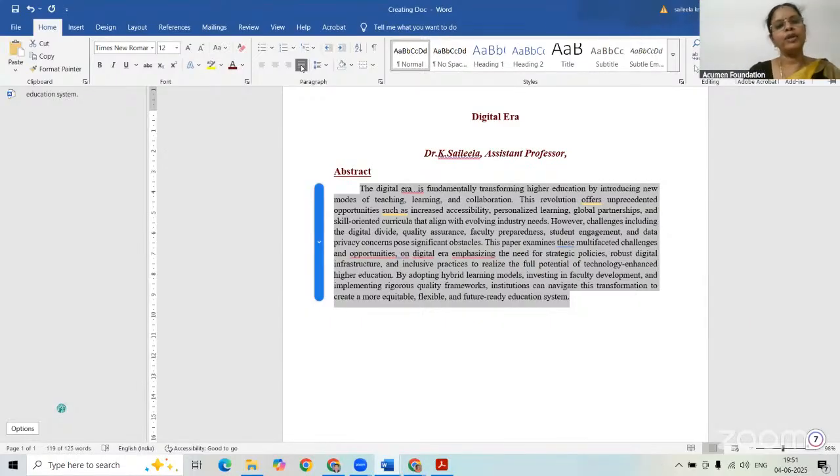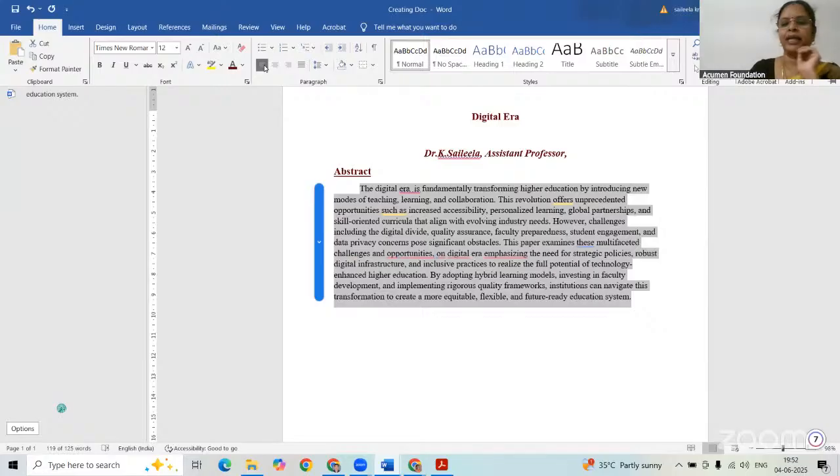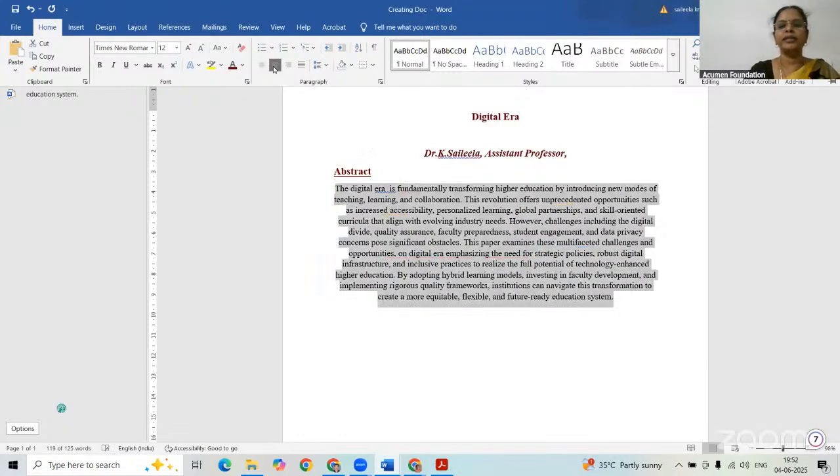For some documents, we may need left alignment. The first option is left alignment. Click on this and it goes to left alignment. Some documents need to be submitted with left alignment. In that case, you go for left alignment. In some cases, you want the document in the center. In that case, you must select this. See, for example,